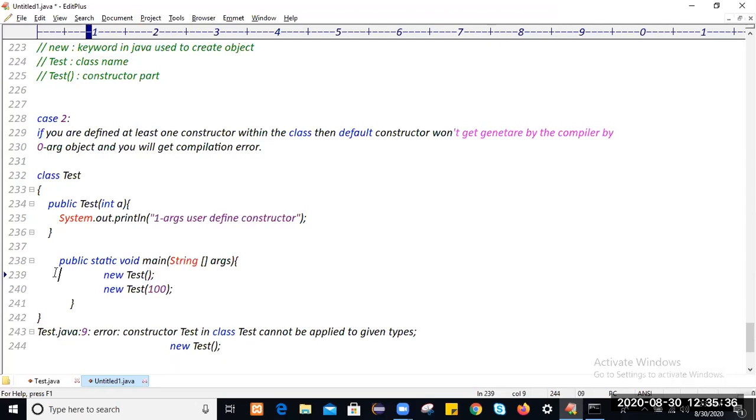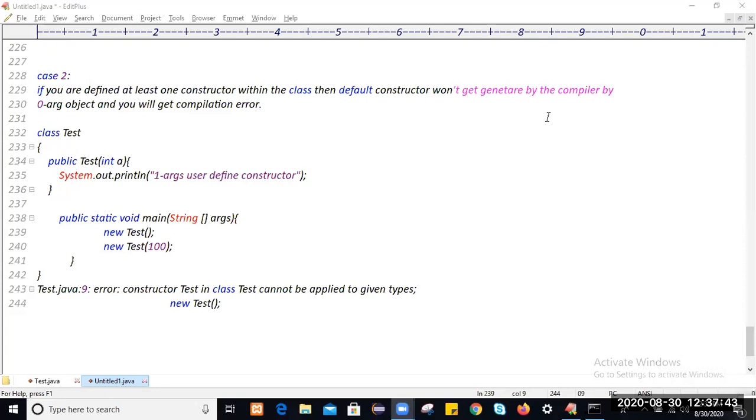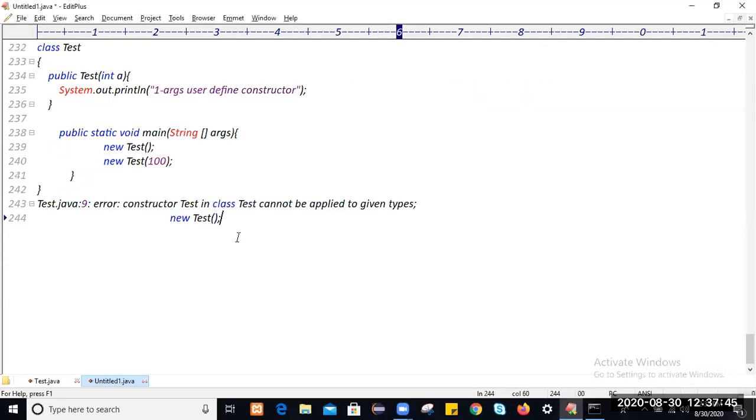The vice versa of this. Okay, in the note we'll write. So what is the note we will write here?